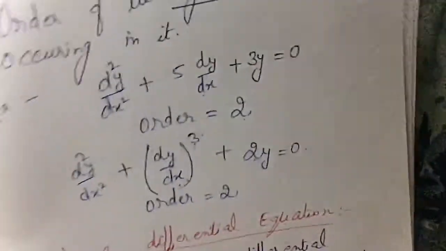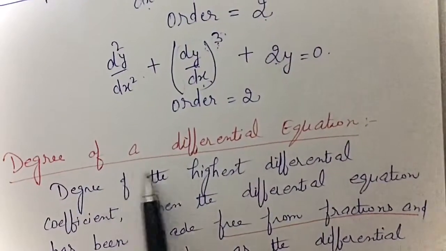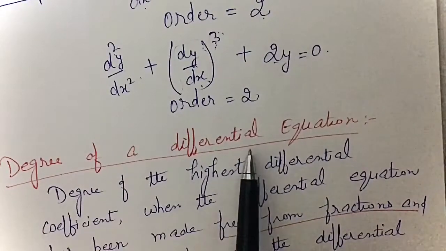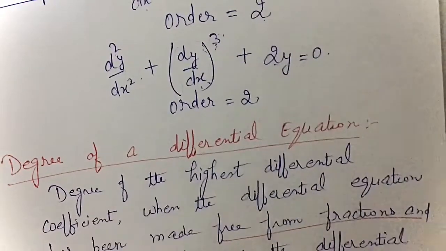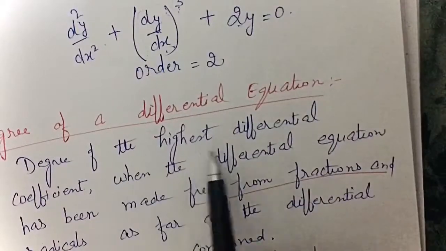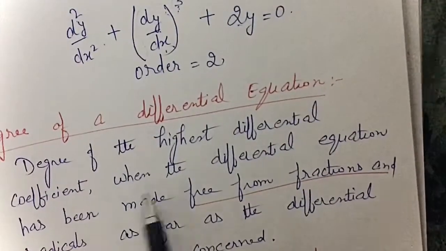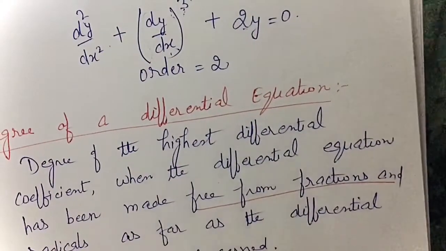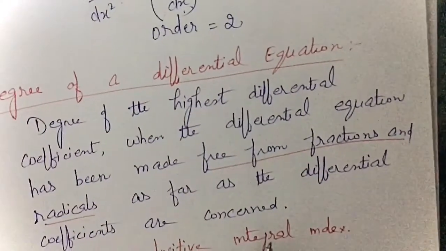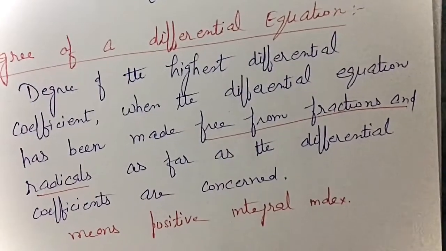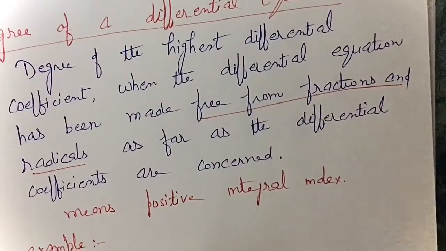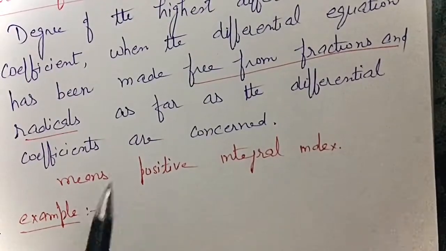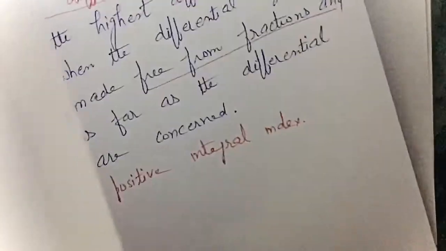Next is the degree of a differential equation. Degree of a differential equation is defined as the degree of the highest differential coefficient when the differential equation has been made free from fractions and radicals as far as the differential coefficients are concerned. Means we are considering the positive integral index. For example,